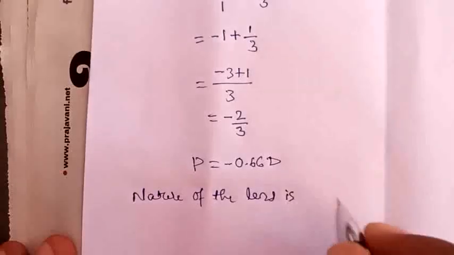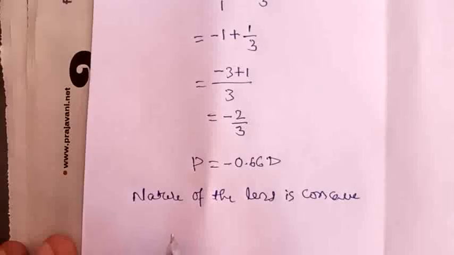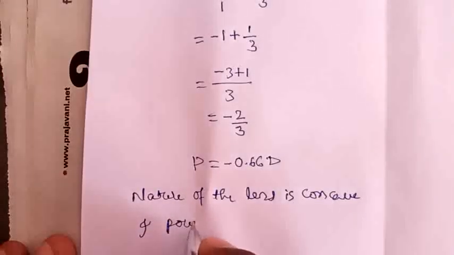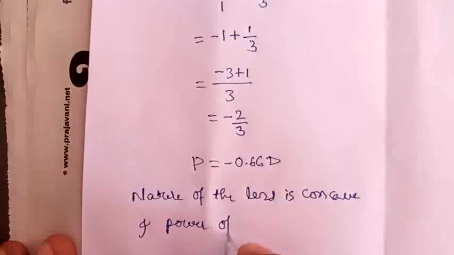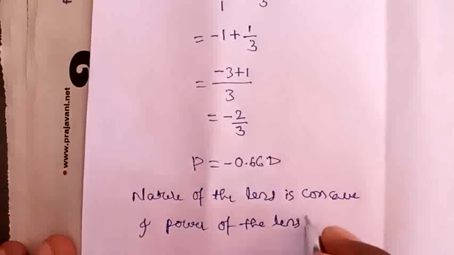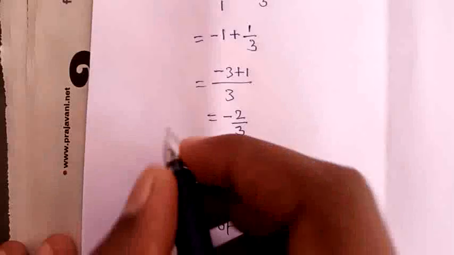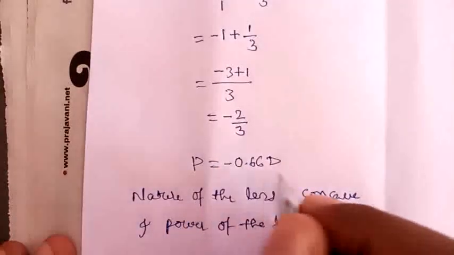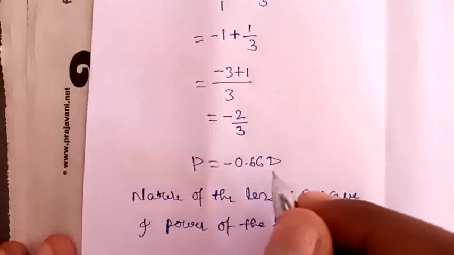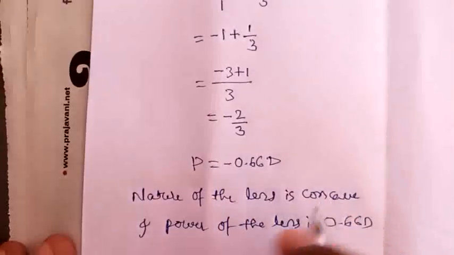Nature of the lens is concave. And power of the lens is 0.66 diopter. Then it is the answer. Then power is equal to minus of 0.66 diopter. Minus indicates that the nature of the lens is concave. Okay, next we are going to solve the